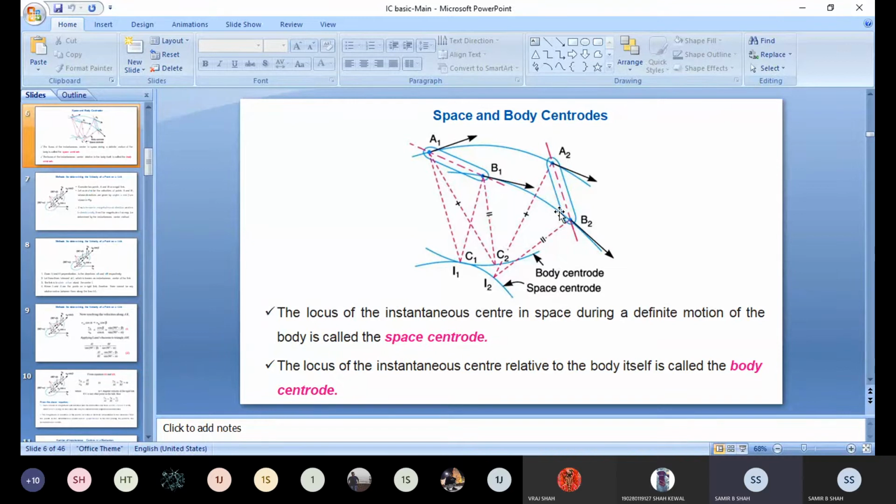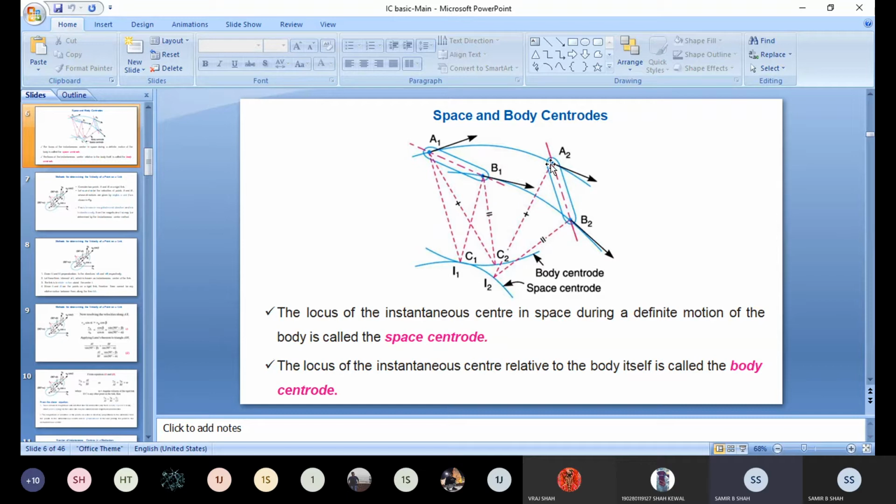Focus on whatever I speak and also see the diagram where I just put the cursor. Based on that I can explain to you. A rigid body in plane motion related to a second body, suppose fixed in space, may be assumed to be rotating about an instantaneous center at the particular moment.